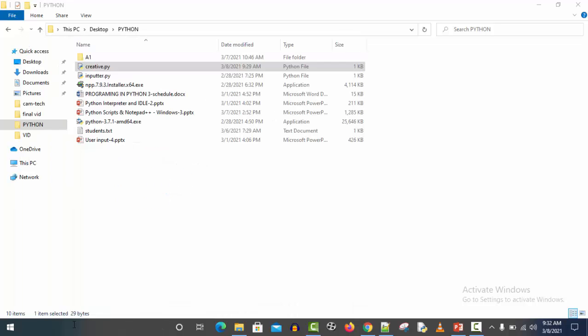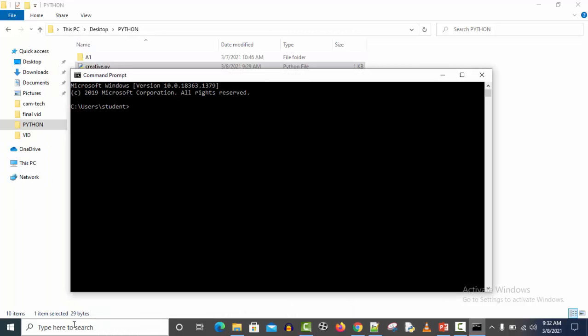So as I told you, you go to your CMD, all right. Now you have to navigate to where you have saved the file. It's very important. So as I told you earlier on, I've saved it on my desktop in the Python folder. So I start with the command cd. Cd means change directory. Okay, you are moving to a different folder. Change directory. I go to my desktop. I don't want to type the whole desktop, so I type D S,